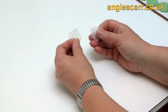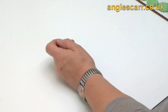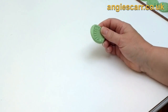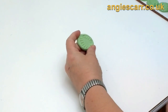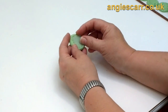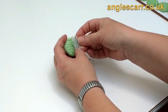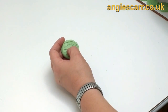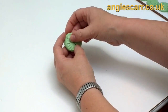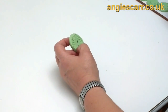And this is the first one I did, which was actually not anywhere near as good as this one, but I then did another one which escapes me at the moment. I've shown already on YouTube how to mix the mould making material, and so all you do is make a mould using this former, and as you're doing it, put some kind of a little indentation up the middle so that you've got space to put a piece of wire. And this is how simple this is. You pop the wire in the middle, you take a little bit of previously mixed goo,